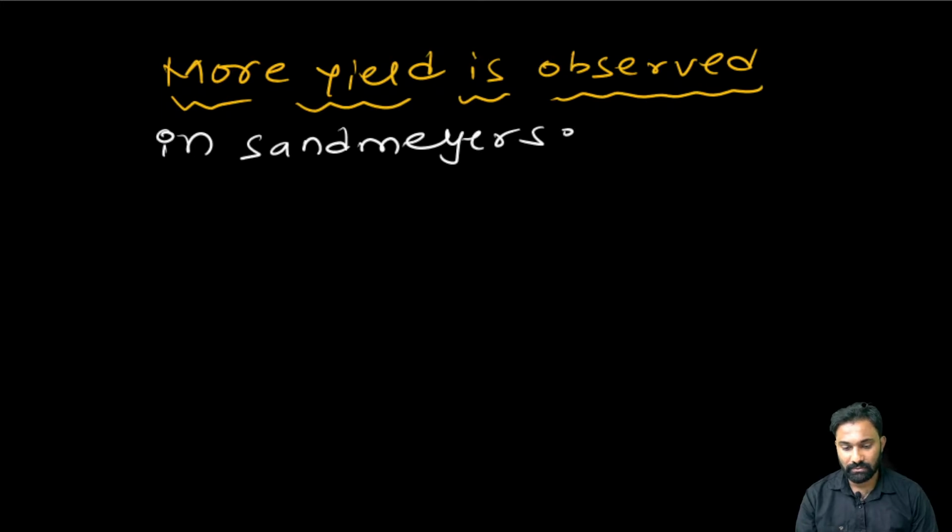Sandmeyer's reaction than the Gattermann reaction. Clear? Due to the free radical mechanism. In the Gattermann reaction, the nucleophile was introduced due to the free radical mechanism. Clear? That's the reason we get more yield in the Sandmeyer reaction, because in the Gattermann reaction